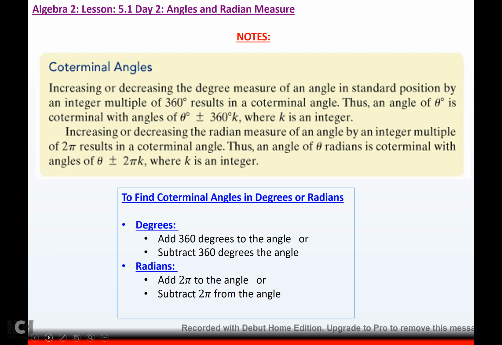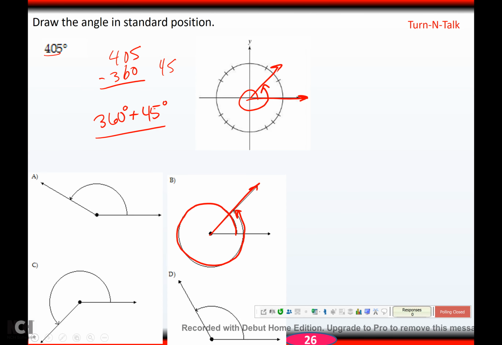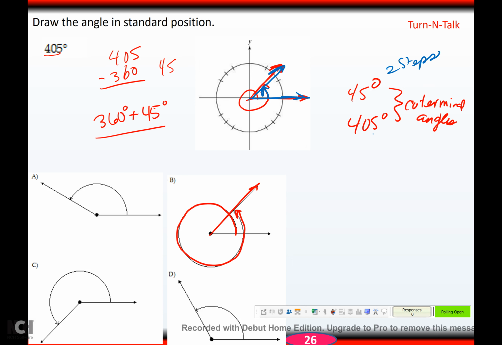Alright, so coterminal angles. Coterminal angles are just like we saw. If I look at 45 degrees and I look at 405 degrees, we call those coterminal angles because they have the same terminal side. The difference is how far you traveled. If you only go 45 degrees, you've only taken 2 steps. Whereas